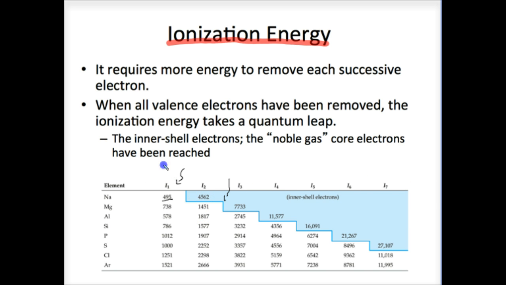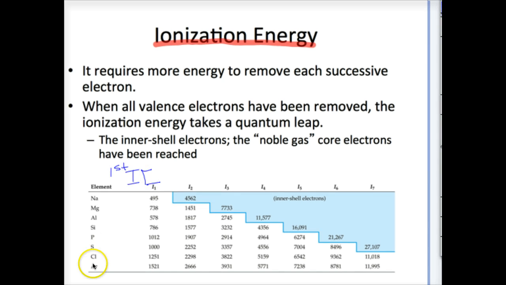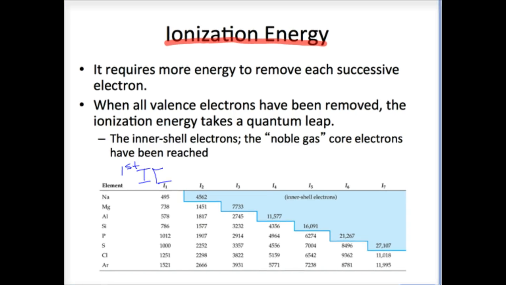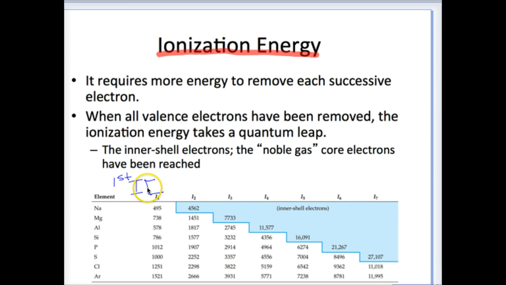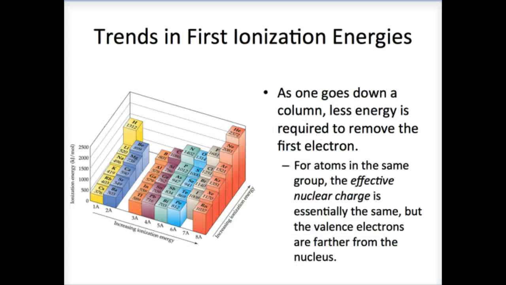So when we take away this first one, that's what's known as first ionization energy. First ionization energy. The second one here will be my second ionization energy, and so on. So each successive one, notice that we increase with each electron we have to remove, and that's ultimately the point. So in general,